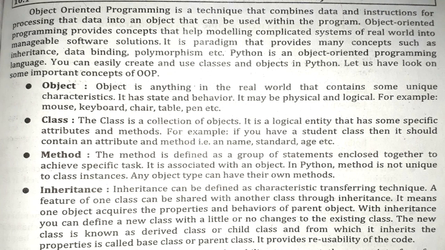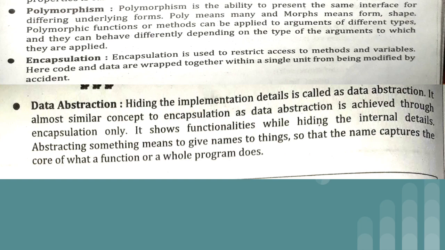Next we have the concept of polymorphism. We have seen the method overloading concept and the method overriding concept, and that comes under polymorphism. This is actually common terminology which you know: polymorphism is a word derived from two words, poly and morphism. Poly means many and morphism means forms.